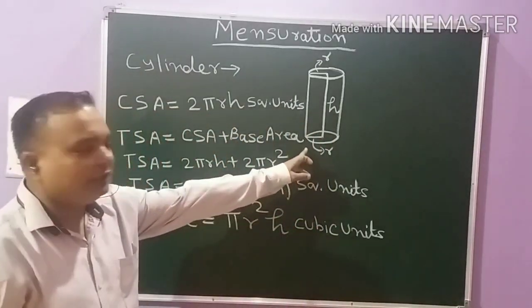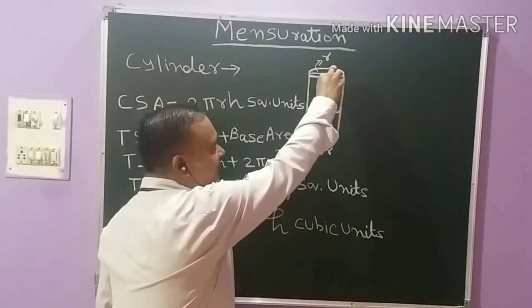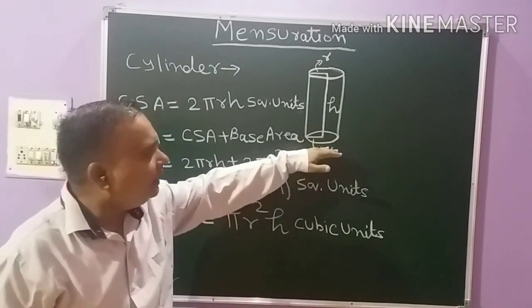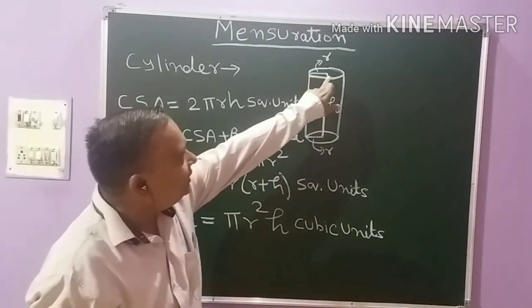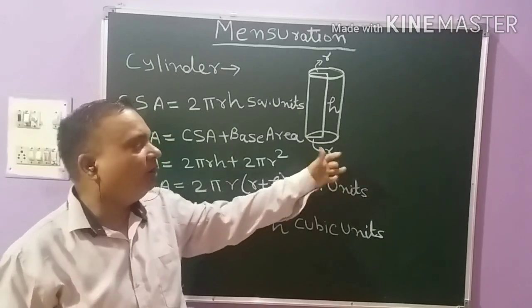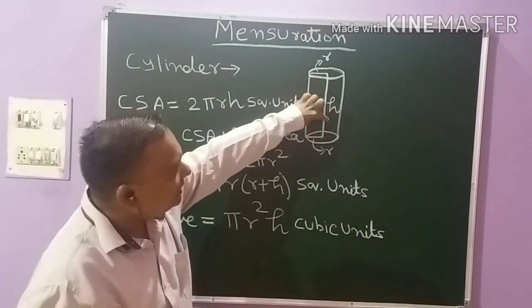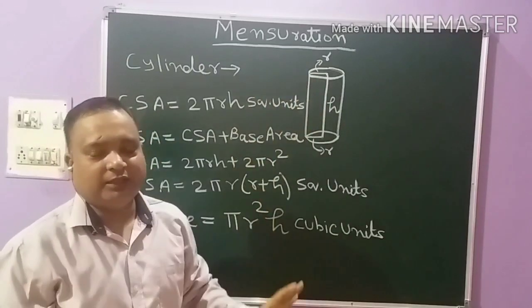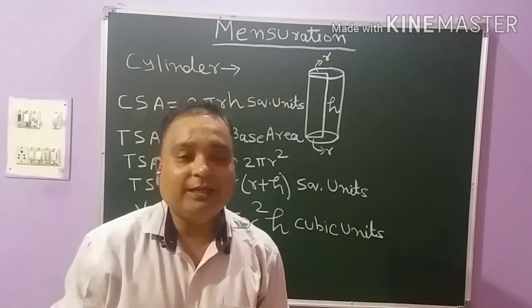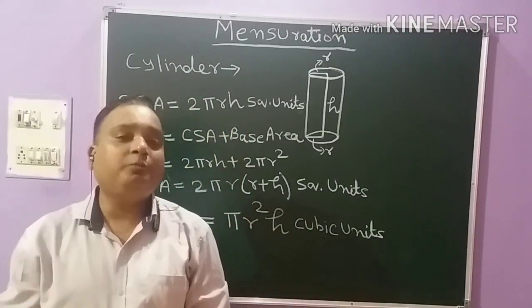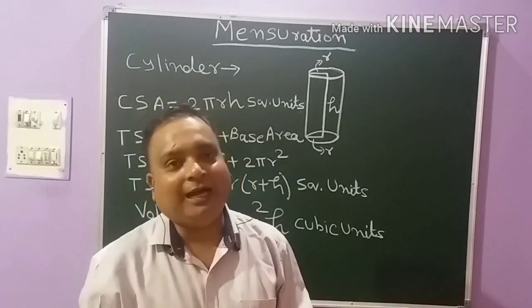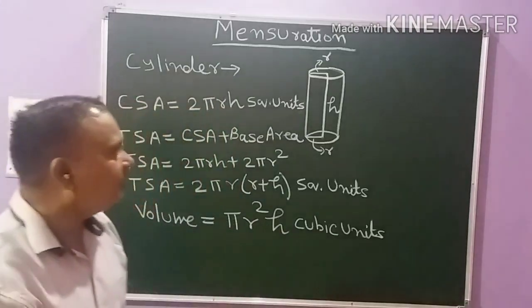So now it is the diagram of a cylinder. It is the circular area of the starting end. It is the circular area of the last end. Simply, if R is the base radius of the top, again R is the base radius of the bottom also. Now what is H? H is the height of the cylinder. Or simply we can say, if the length of the pipe is 2 meter, the pipe acts like a cylinder and the height of the cylinder is 2 meter. Clear?